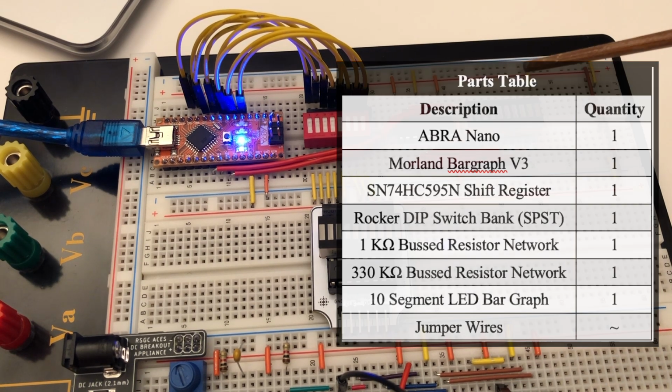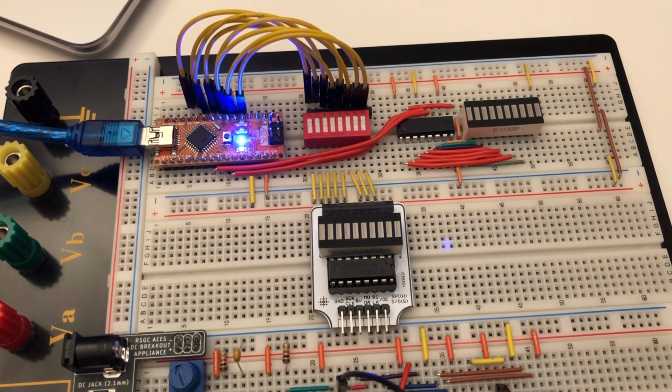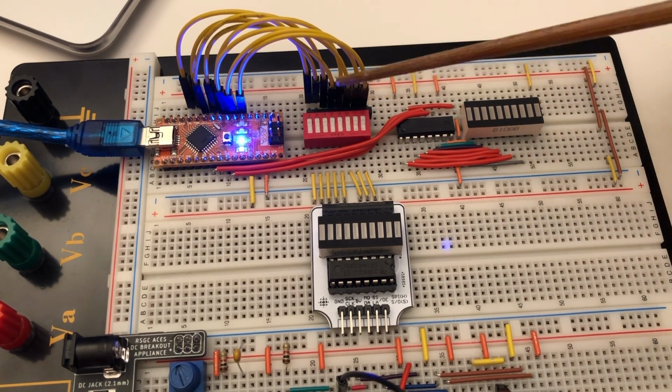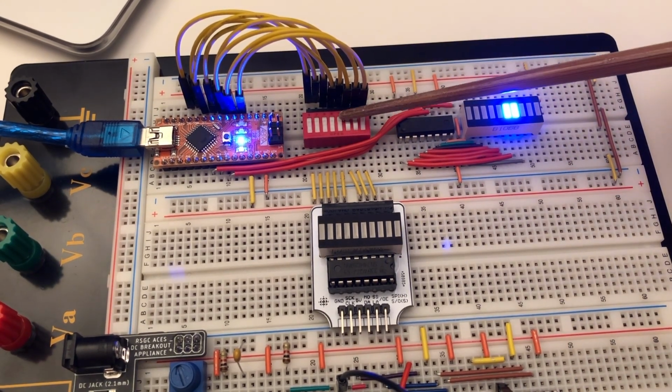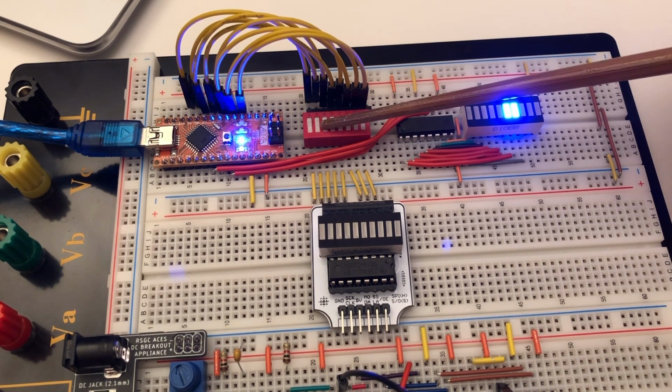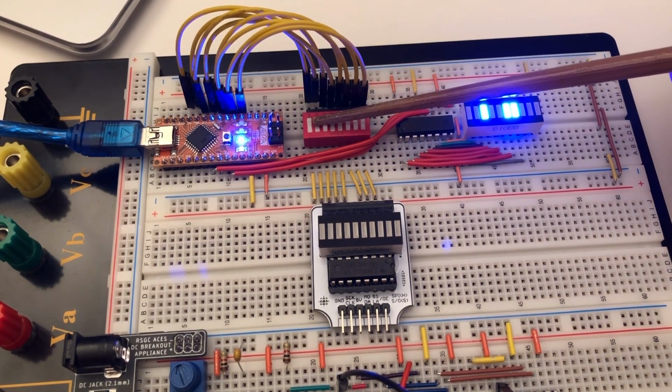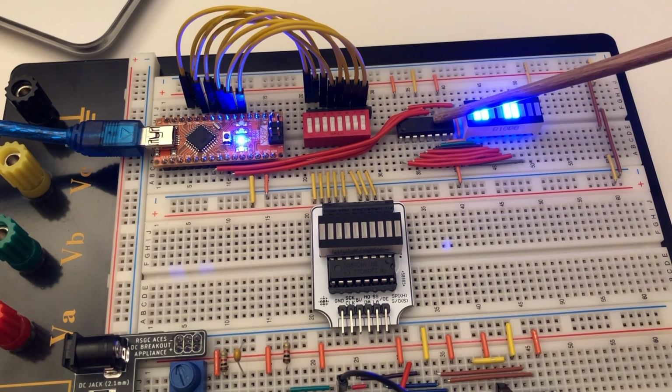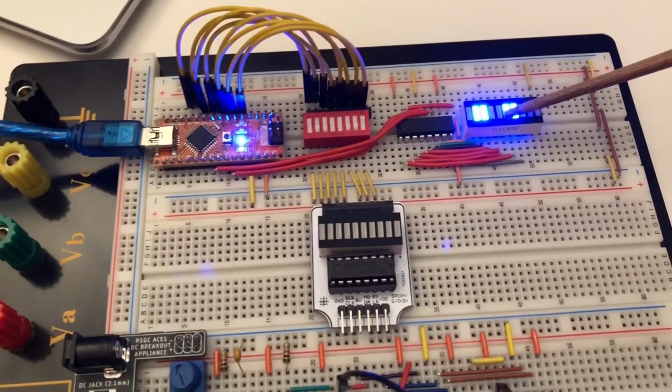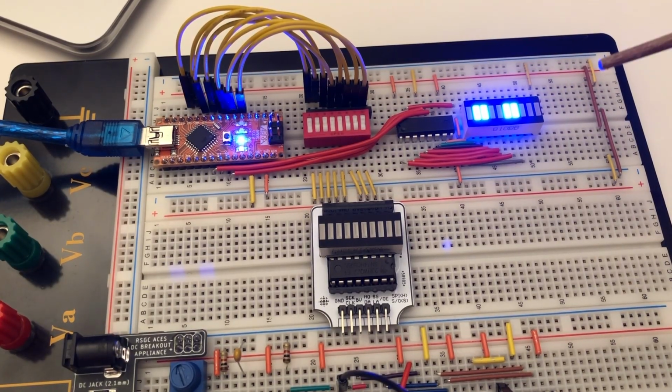Right now, the Nano might seem like a black box that takes in the states of these switches, for example, if they were 0, 1, 1, 0, 0, 1, 1, and magically shifts them into the register and onto the bar graph. But hopefully by the end of this video, you will understand its inner functions and how everything works. First, let's talk about how the